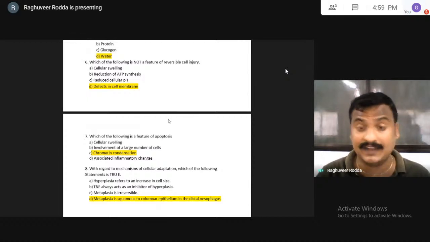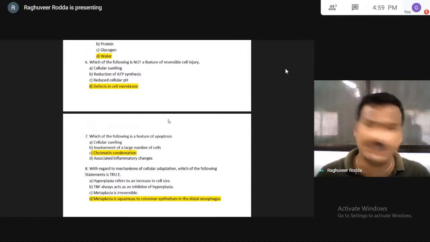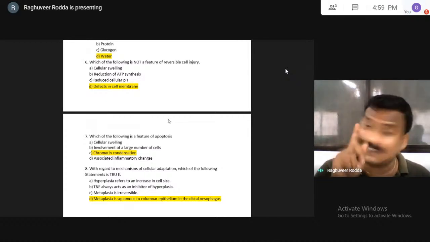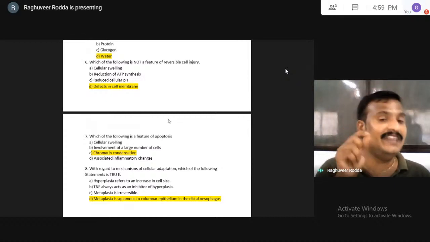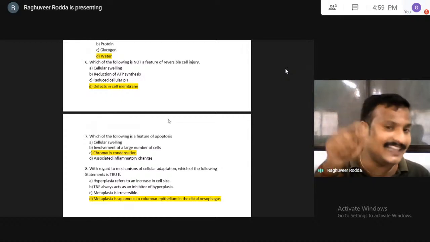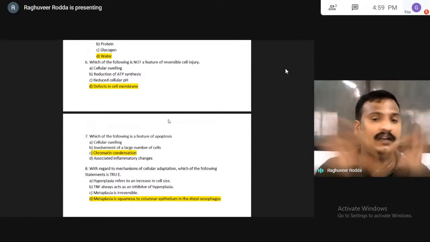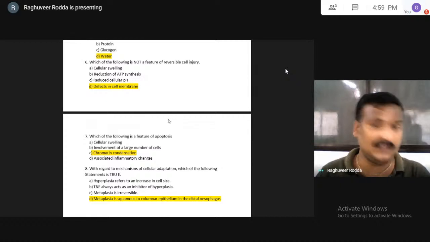Cell swelling even occurs in adaptive conditions also. Involvement of a large number of cells: apoptosis may be observed in a number of cells, as well as in a single cell. When the organ does not require that single cell for its activity, it will initiate certain regulatory activities in that particular cell by cell cycle regulating compounds like TNF alpha, macrophages, and platelet derived factors, growth factors, and it will move that particular cell towards the apoptosis condition. So for a single cell, there is no need for involvement of a large number of cells and associated inflammatory changes.